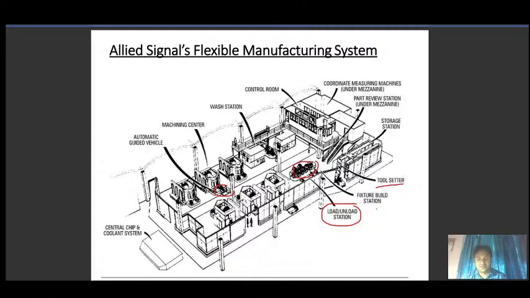Here tools are stored, and the storage station. Here again you can see the part review station under magazine. Here parts are reviewed, and then coordinate measuring machines under magazine.